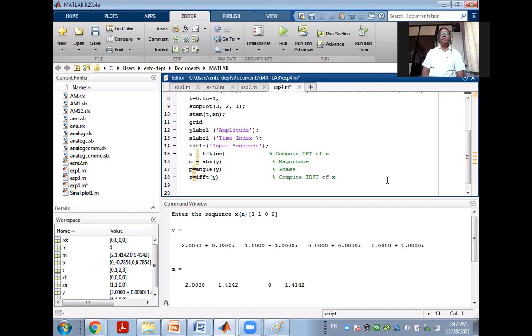Yes, anybody? Now if I want to plot the DFT value, if I want to plot the phase value, if I want to plot the magnitude value, then what should be the code or what should be the line I need to write?